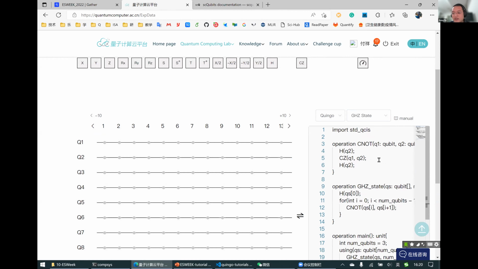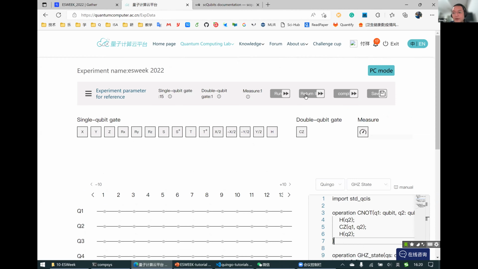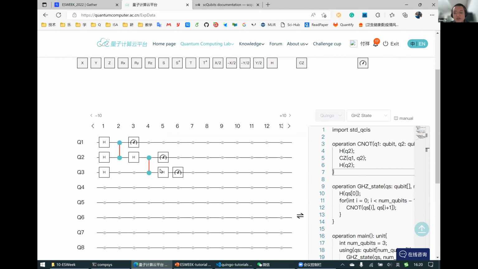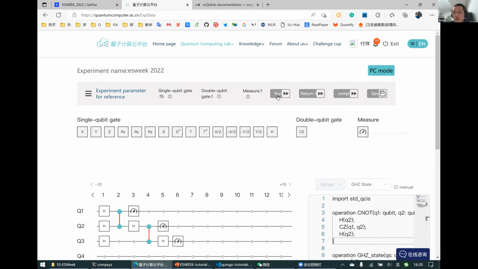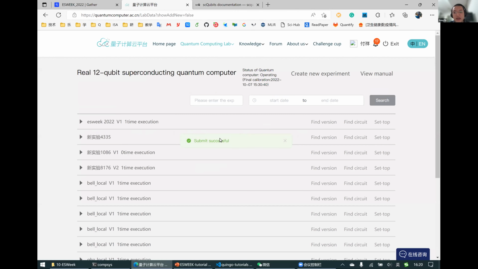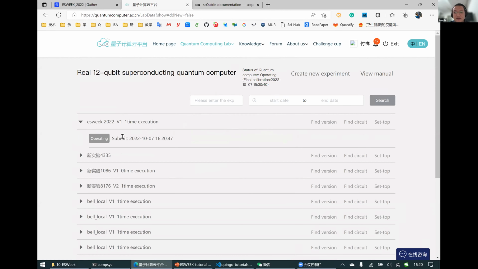The program is loaded here, and then I'm going to compile it. After the compilation succeeds, it will print the quantum circuit here, and then we can run it. Okay, I run it, and it is submitted, and we need to wait for some time to see the result. Okay, it's operating. Let's see how much time we need to wait.